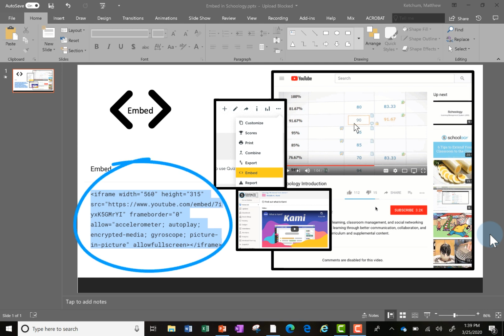It's a bunch of HTML coding for websites. The good thing is you don't have to write that embed code. All you have to do is copy it and paste it in Schoology. And the really cool thing, it lives there. So let me just show you an example of a difference between just linking a website and embedding an activity